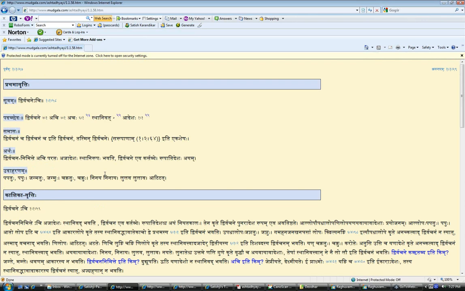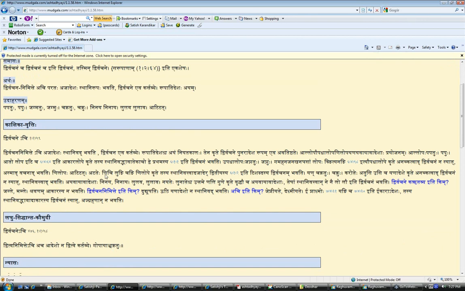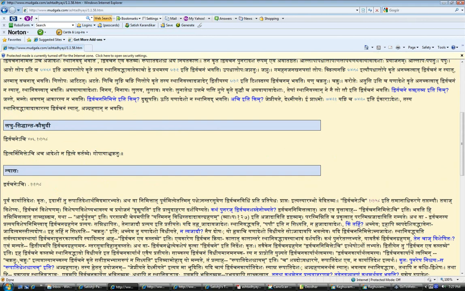So here, dirvachane achi. What does it say? Dirvachana nimitte achi achaha adeshaha na dvitve kartavye. So what it says is that you should have a pratyaya which is ajadi, and that pratyaya should be dvitva nimittakaha. It should be one which can cause dvitvam. If you have that, then don't do any ajadeshaha if the duplication is pending.